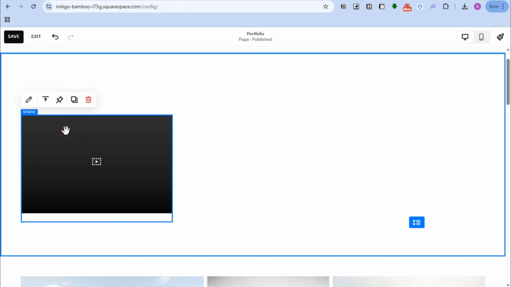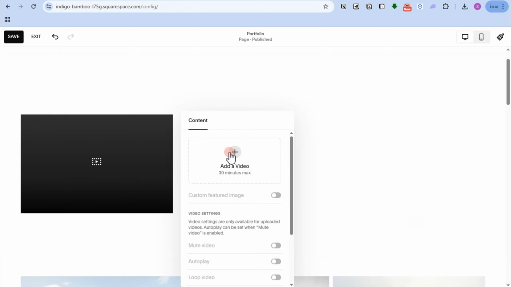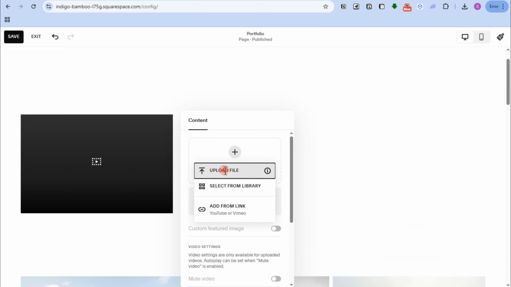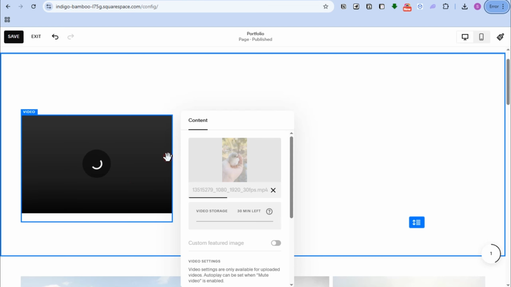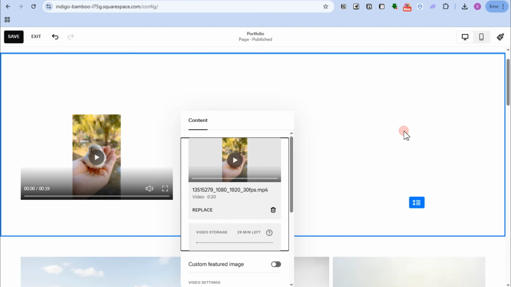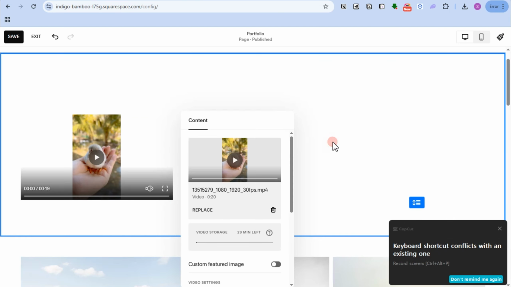You should see an upload a file. And all you have to do is upload that specific video from your computer or from your laptop, and here it is. But since our tutorial is all about how to embed a video, like